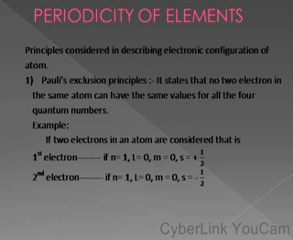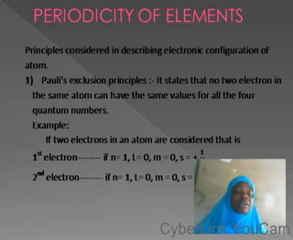The principles we consider in describing the electronic configuration of an atom are three: the Pauli's exclusion principle, the Aufbau principle, and Hund's rule of maximum multiplicity. Now let's look at the Pauli's exclusion principle, which says that no two electrons in the same atom